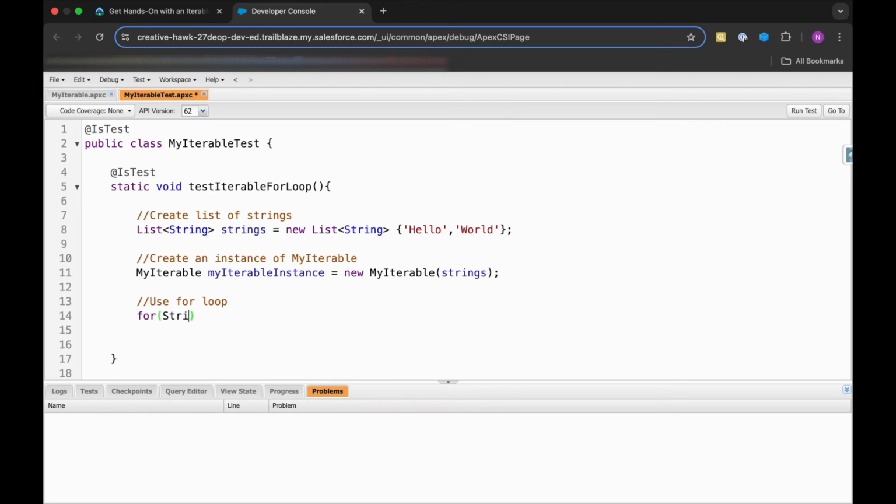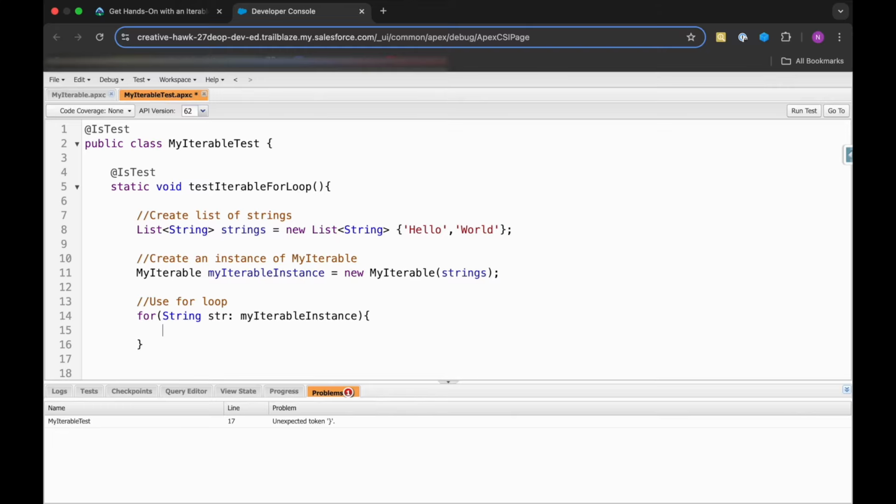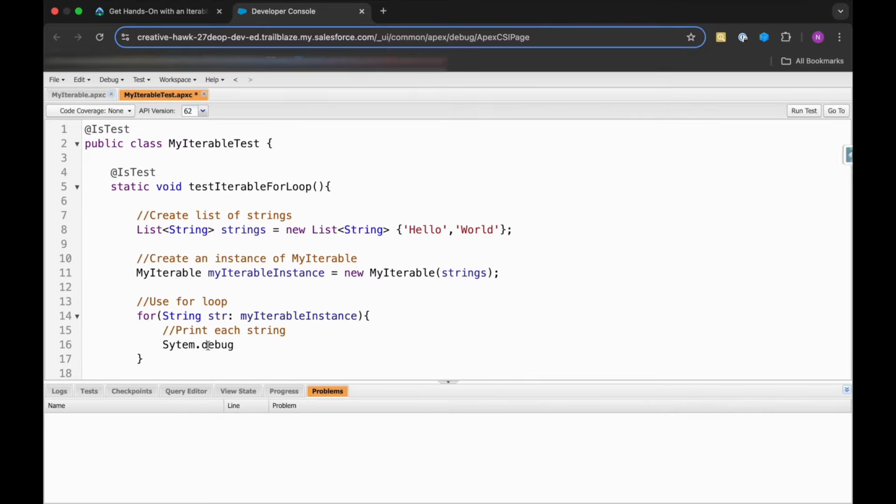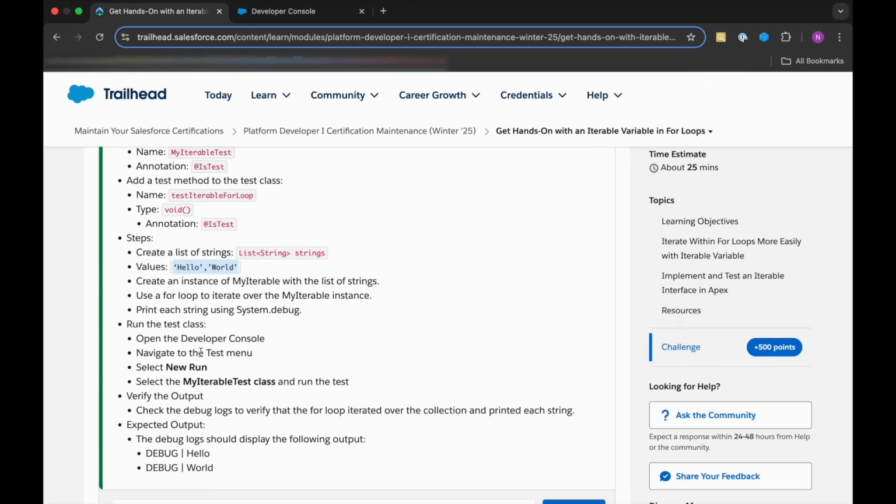So for string, this is my instance over which I want to iterate, so I'll give this instance here and then print each string. System.debug. Okay, and